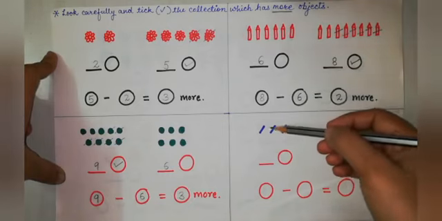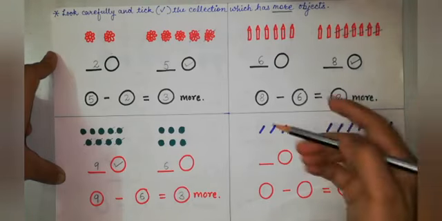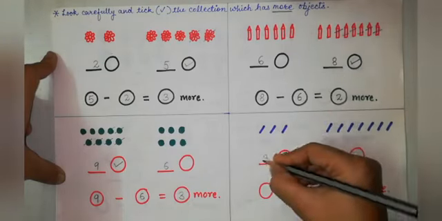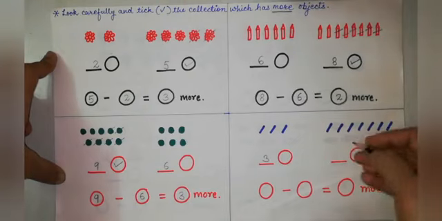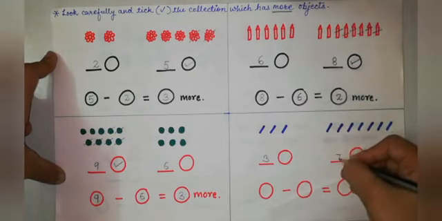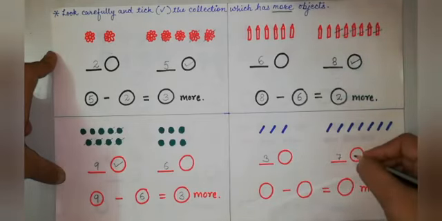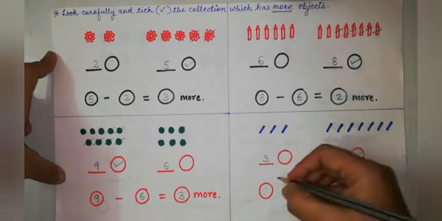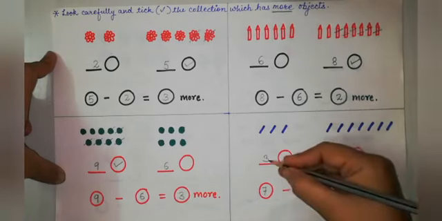So let's count it. 1, 2, 3. How many lines are there? 3. Let's count the right side also. 1, 2, 3, 4, 5, 6, 7. How many slant lines are there on the right side? 7. So which side is having more lines? Yes, right side. Now as we know, we will write greater number in the first circle and smaller number in